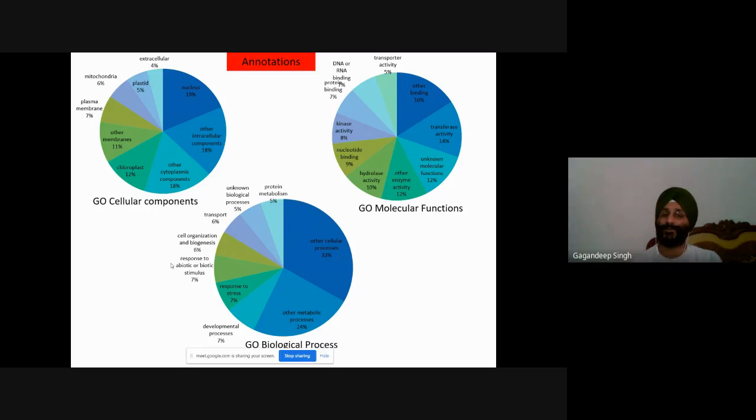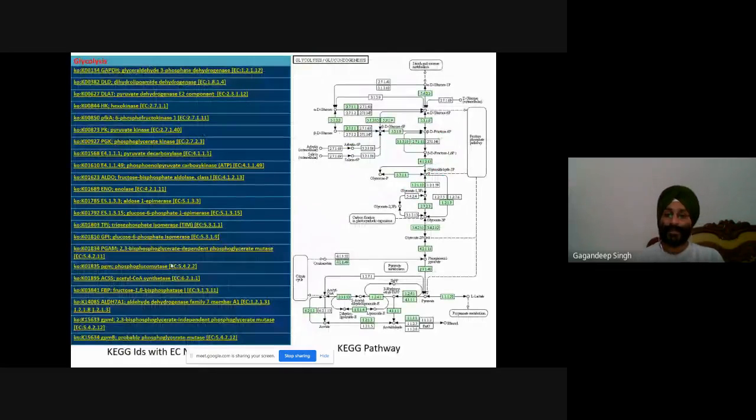We can easily identify those genes, and we can generate a transgenic plant in order to grow that plant in a particular area. So after annotation, we can get lots of annotation processes so that we can shortlist the things in order to achieve our target. After annotation, we can easily find the pathways of these particular contigs, these particular assembled sequences.